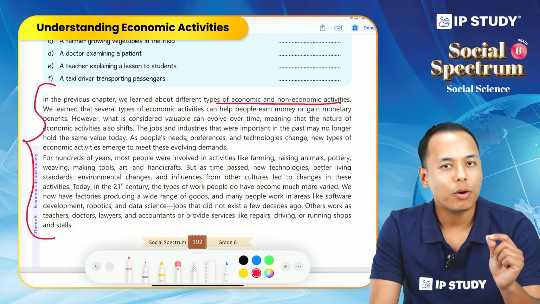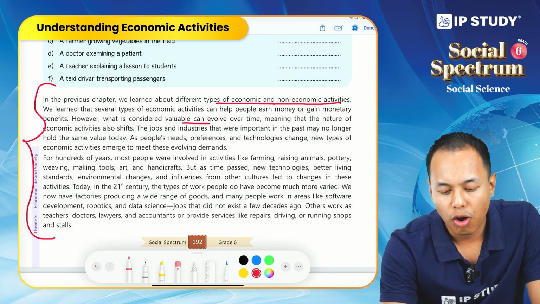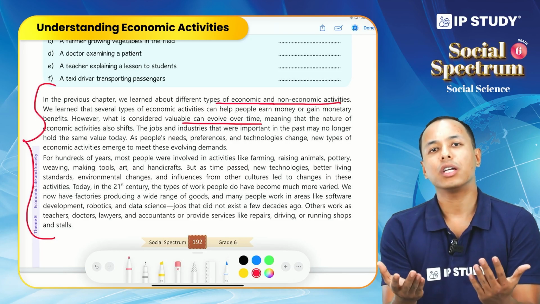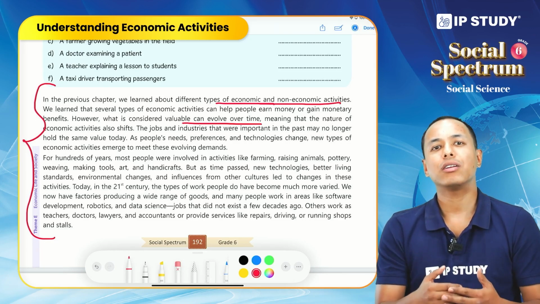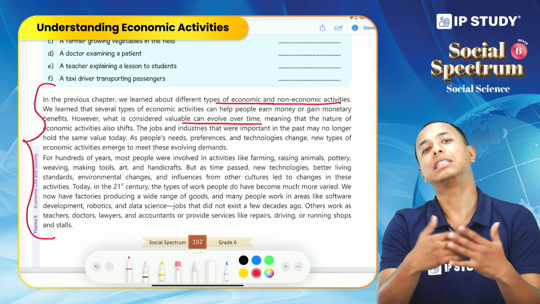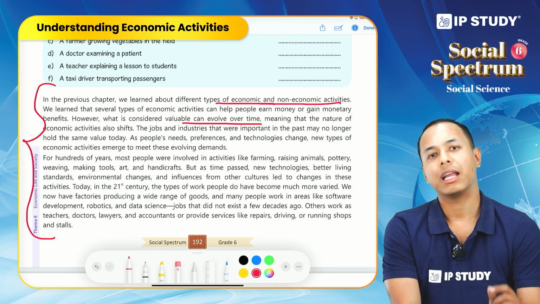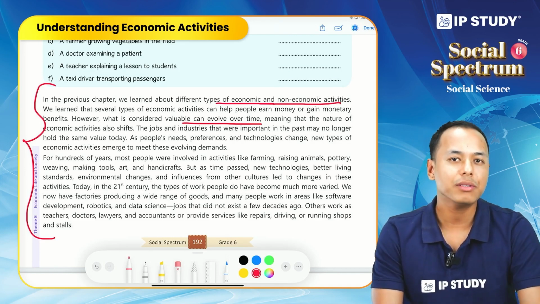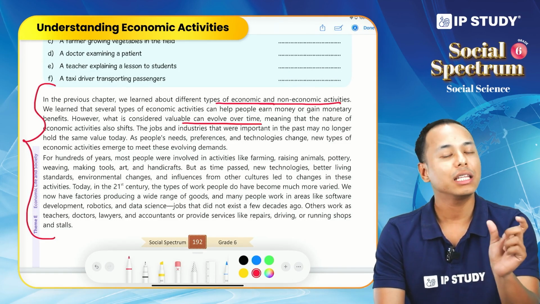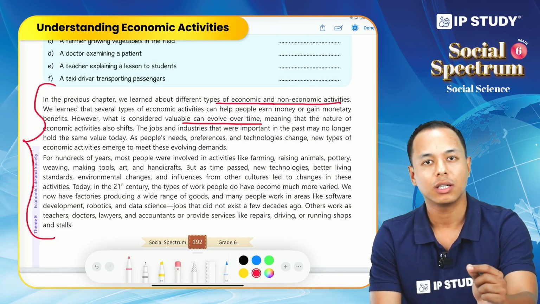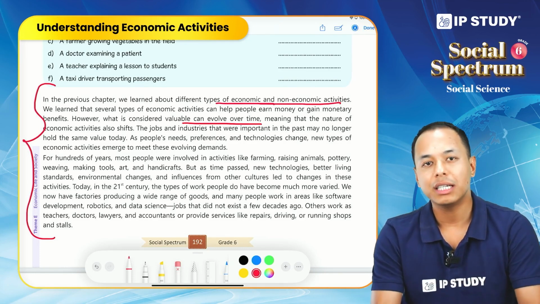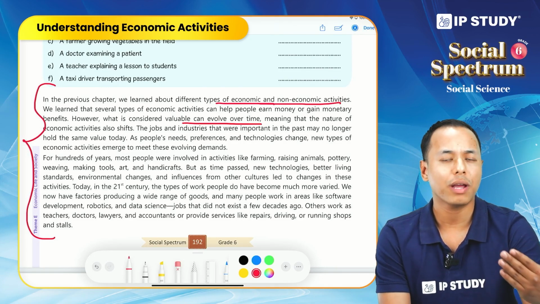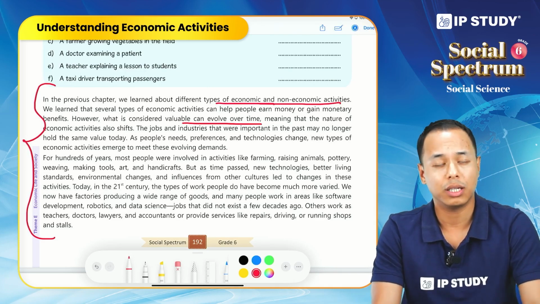And the nature of economic activity is that it evolves over time. So what does it mean? That means whichever economic activity has value today might not have that same value, or it might even cease to exist in coming days, right? When I say cease to exist, I can give you an example like messengers. In ancient times, different kingdoms used to have messengers, and they used to carry messages from one kingdom to another. But with time and advancement in technology, that economic activity ceased to exist. It is not a valuable economic activity, and it doesn't exist in the present time, right?